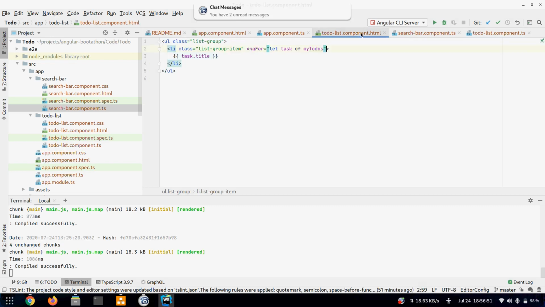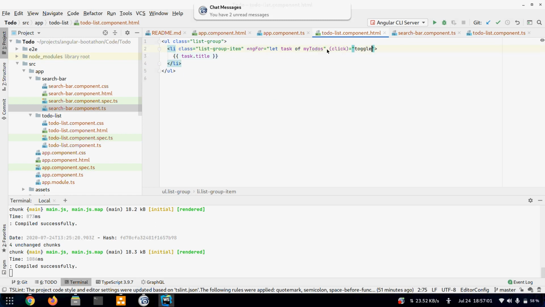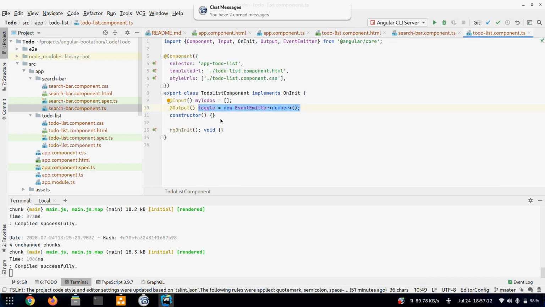So now inside this, I'll add a click listener here. Whenever I click this, I'll emit toggle and I'll call it with, actually let's create the method first, otherwise it will give an error.